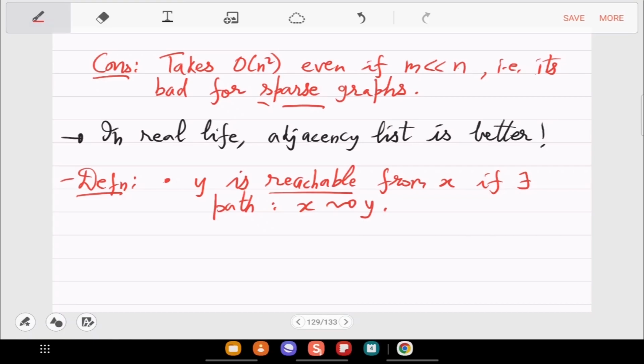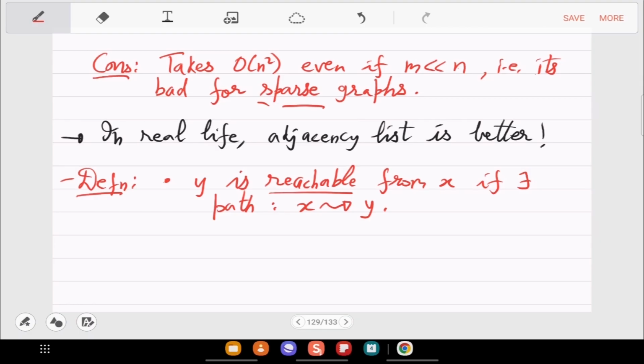Okay, so we had used the term connected, that y is connected from x, but we can also use the term reachable from x. It means the same thing, that from x to y there is a path, just shortened here by an arrow.